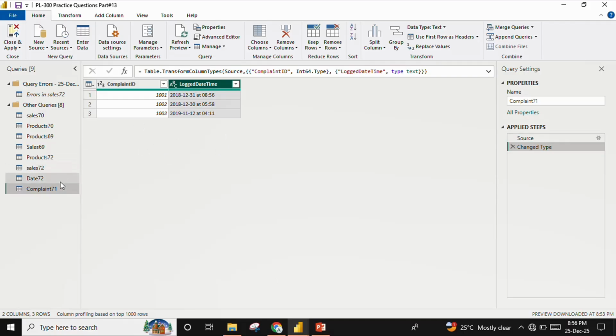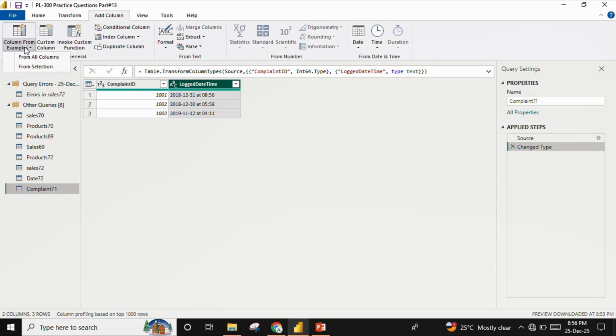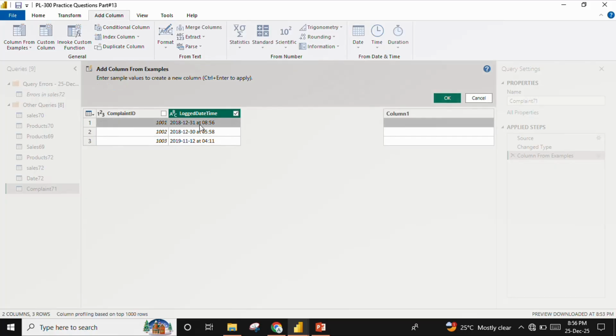In Power Query Editor, this is the sample data, this is the column. Initially we try to use split column by delimiter "at". It will split into two columns, then we can easily analyze. But here that option, split by "at", is not available. So the next option is to create a column by example. Go to Add Column, Column from Examples, From Selection. In this column we try to type an example,